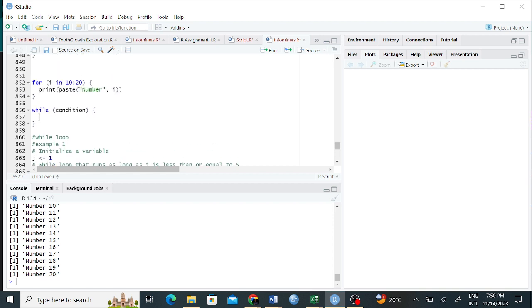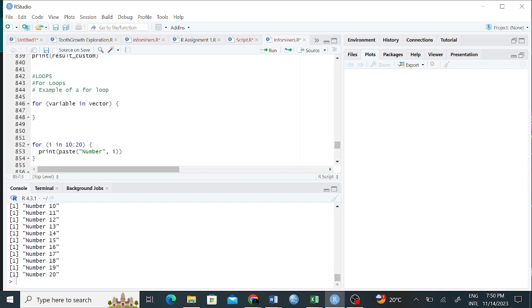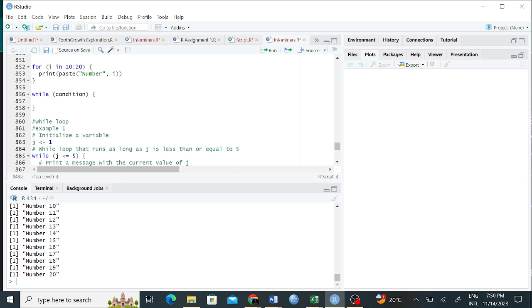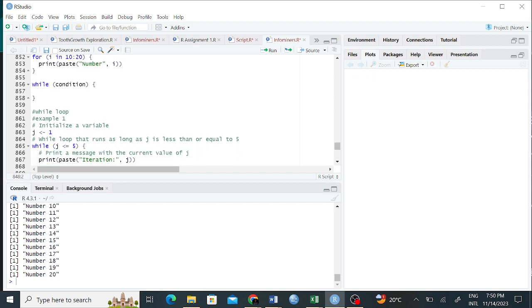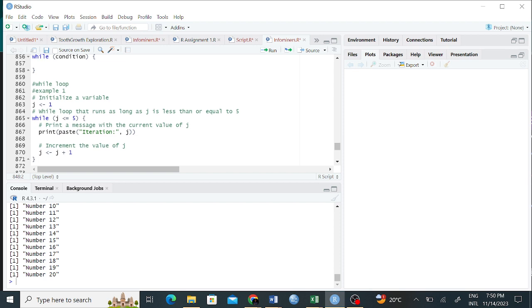Similar to maybe how we had a skeleton here, and then we said for variable and blah blah, and then inside here you are now writing what you want to be returned or what you want to be done by that function or by that for loop function. I mean, look at this example here, while loop.